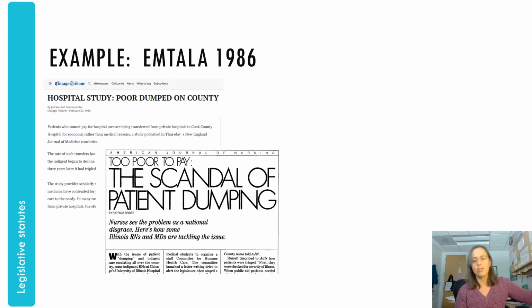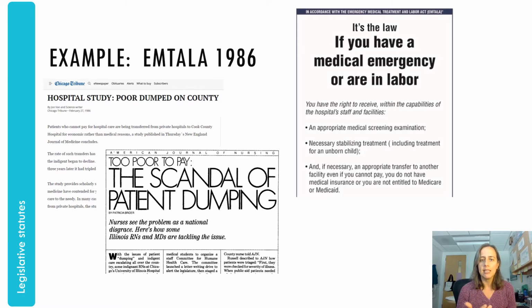They were often transferred to another hospital, and sometimes they were really unstable, in the middle of having a heart attack, and then they got sent across town to another hospital, and there were really poor outcomes, and it wasn't fair to the hospitals that these people were going to. It was a big problem that people couldn't get emergency care if they didn't have the ability to pay. So a law was passed in 1986 that if you have a medical emergency or you're in labor,